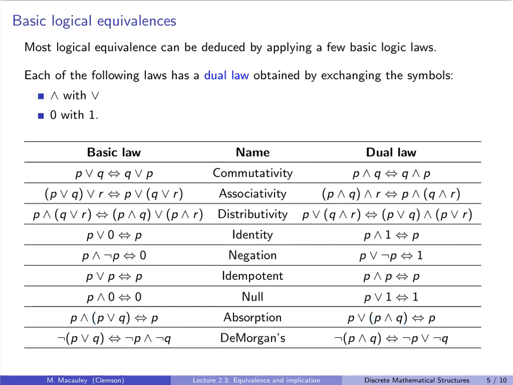Next up are De Morgan's laws. The first one is: not (P or Q) is equivalent to (not P) and (not Q). And the next one is: not (P and Q) is equivalent to (not P) or (not Q). This is probably best understood with examples. So let's do